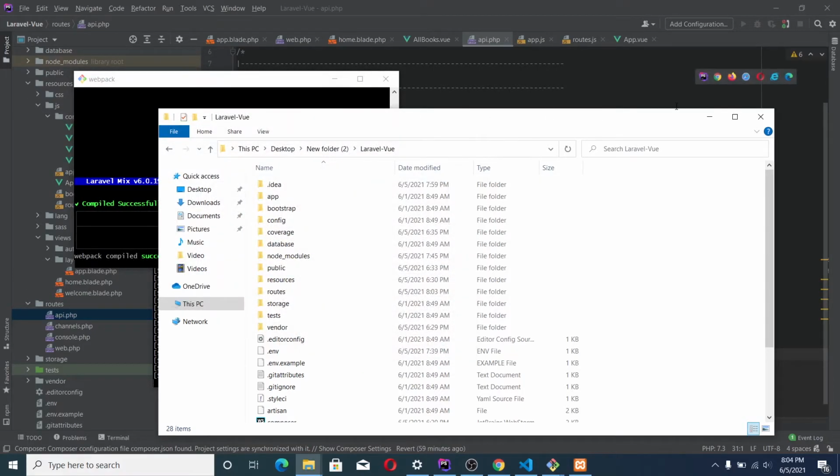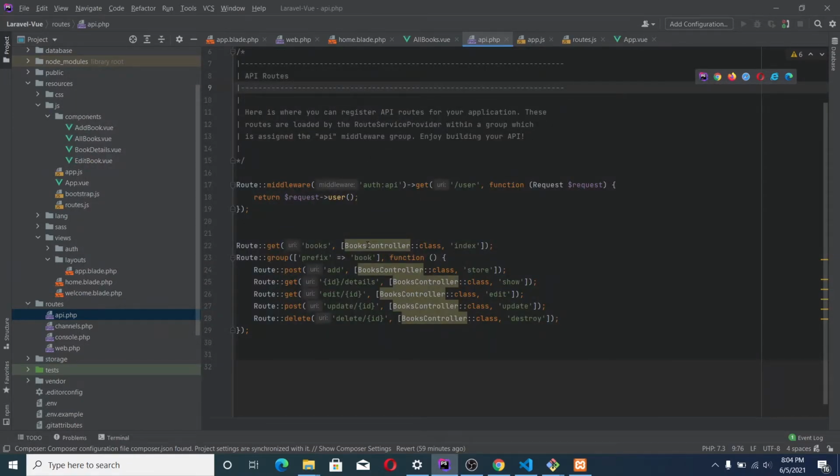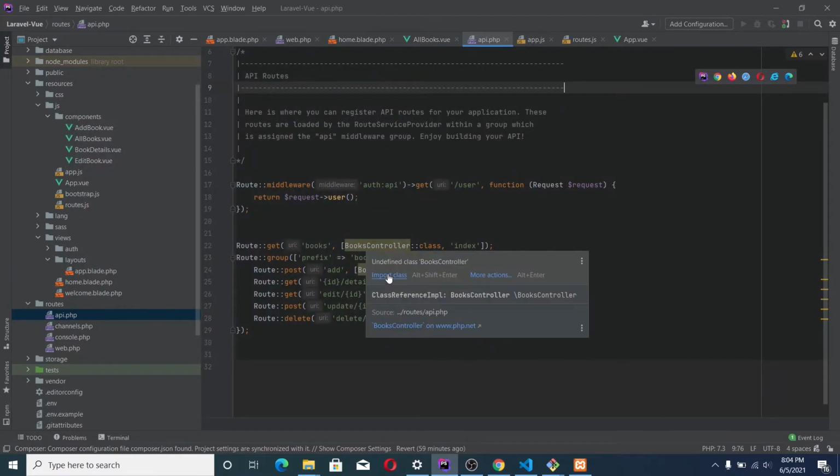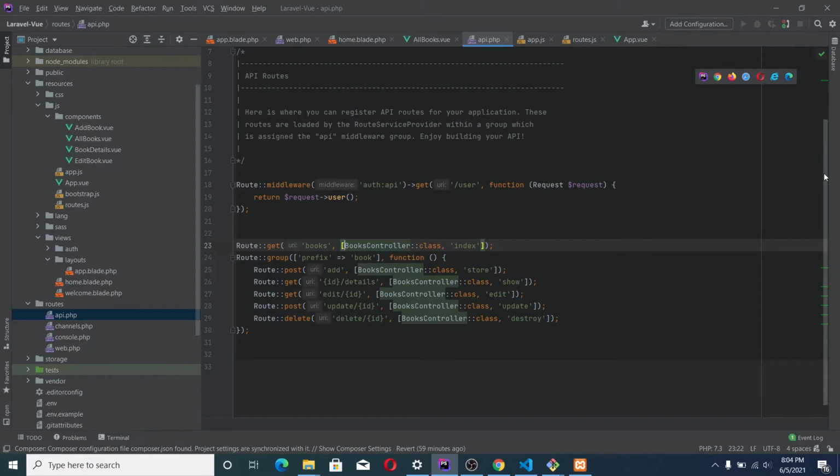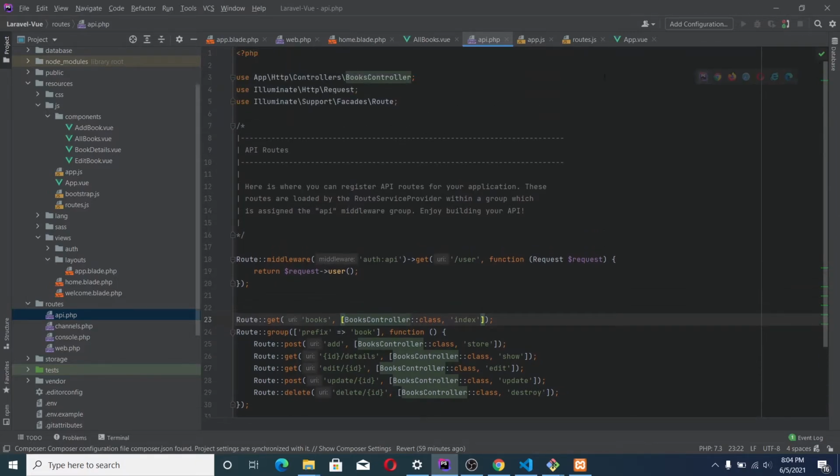Okay, so our controller has been created. Let's just come here and import this controller so it can be used in our project here.